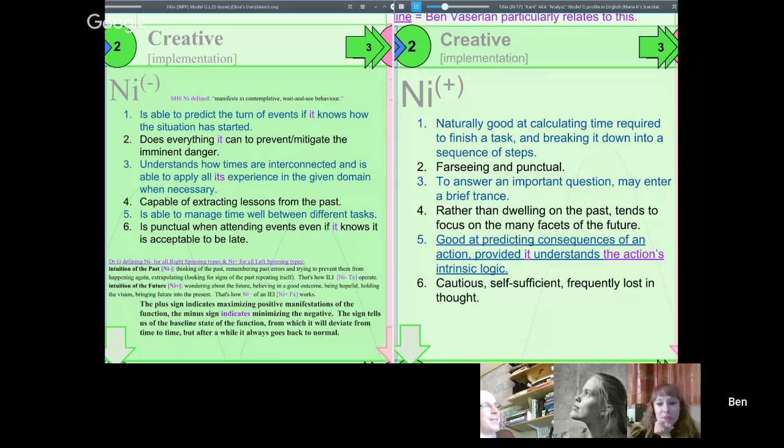Great. So I would think that I can relate more to the first point of NI minus. Right. But, you know, I think I'm good at knowing how much time I need, but the reality can be different. You saw it many times when I'm late. I know that there are some things which can cause trouble, but I don't really solve it. I do it as well. It's just the thing. EJs are good at it.